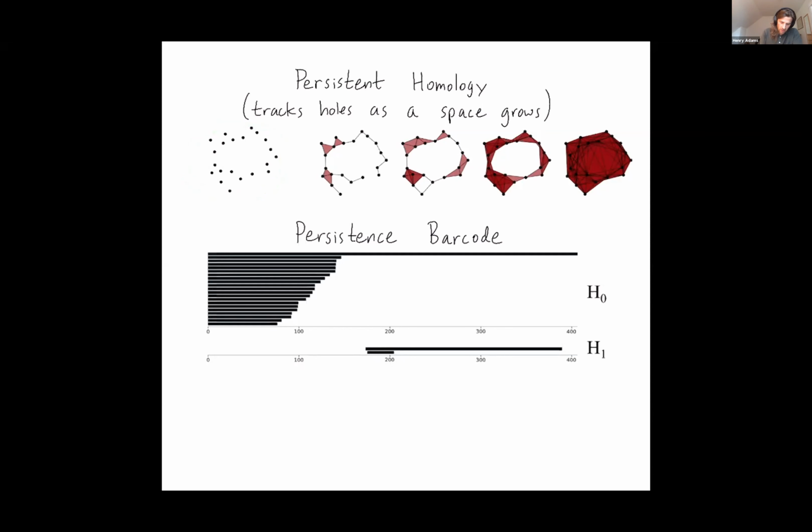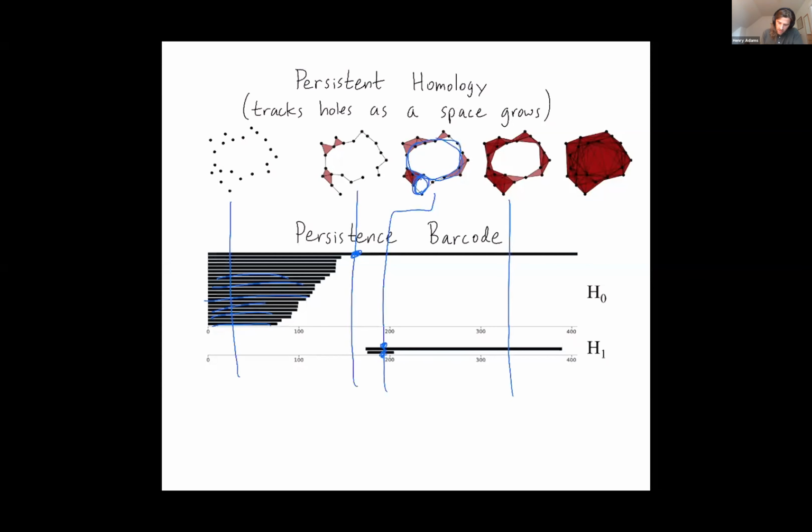Each connected component is encoded by an interval in this zero-dimensional barcode. Once we get to this stage, everything's all connected up. We just have one connected component, and that's tracked by this single zero-dimensional interval. At this stage, we have loops formed. We have 2 loops measured by these 2 intervals. One is quite small, maybe just an artifact of sampling noise, whereas another loop is much larger.